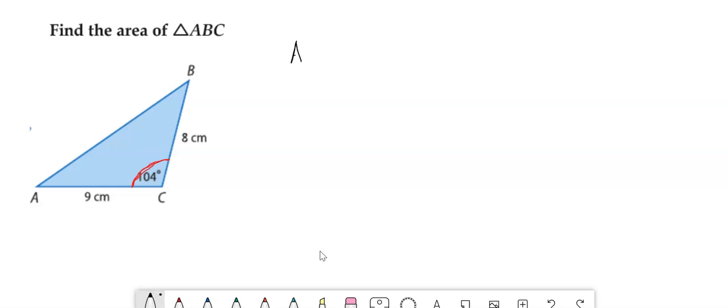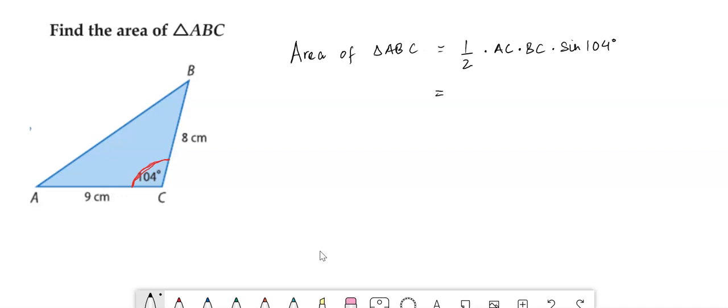So we can write the area of triangle ABC is going to be half of the side AC times the side BC times the sine of angle 104 degrees,